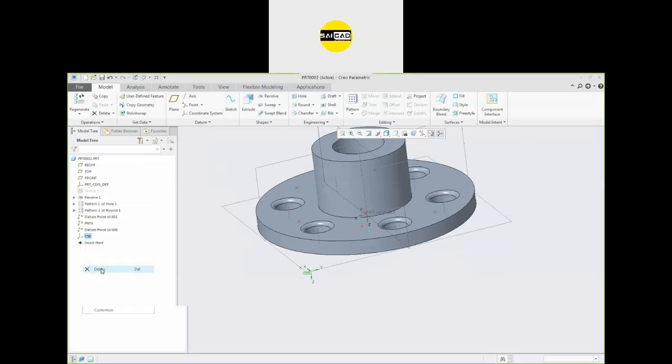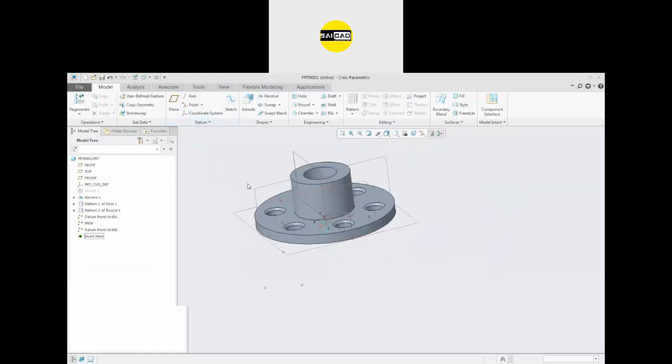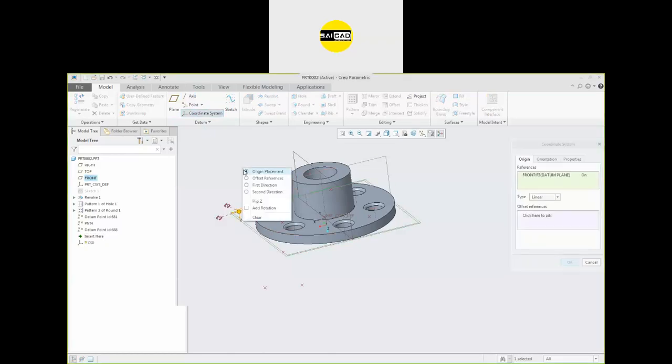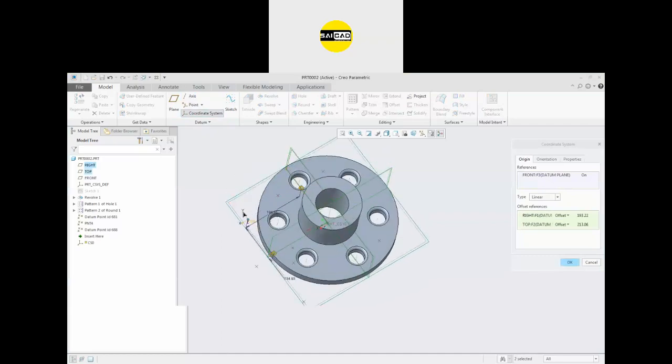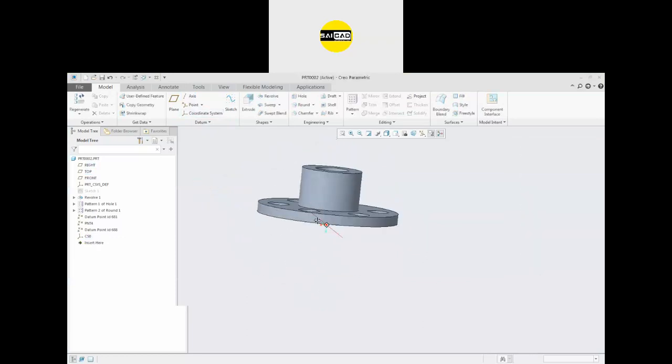Okay, just define the relation. Everything in this Creo software can be defined with some two offset references, in the point or in the coordinate. Just click define the plane, go to the offset references, define two references like that. And the point or the coordinate can be created at that location.